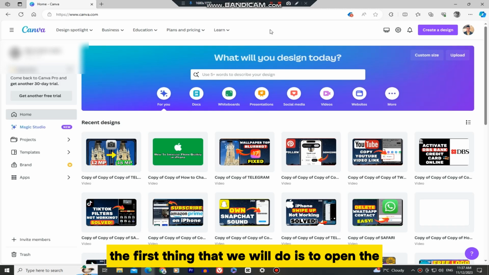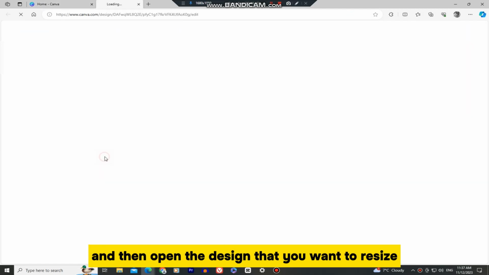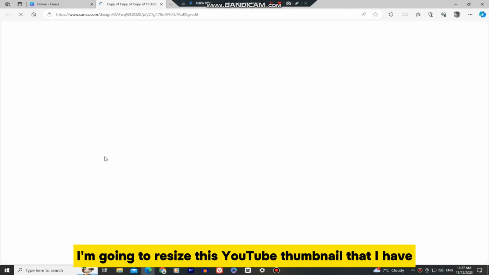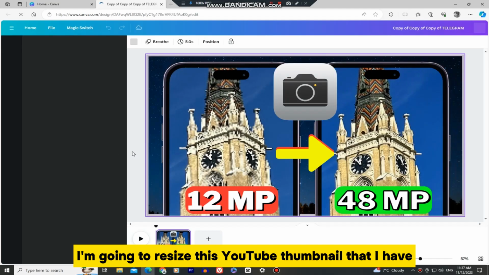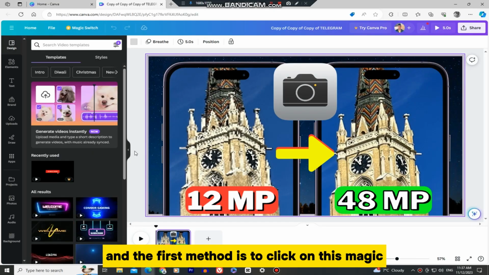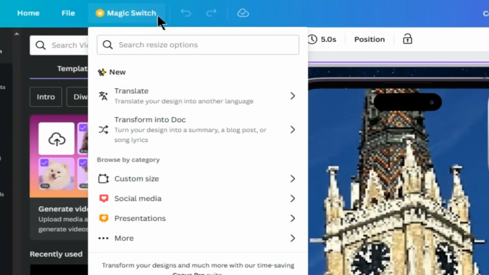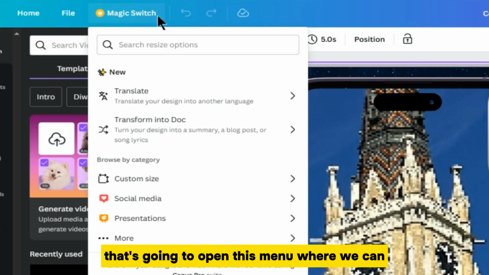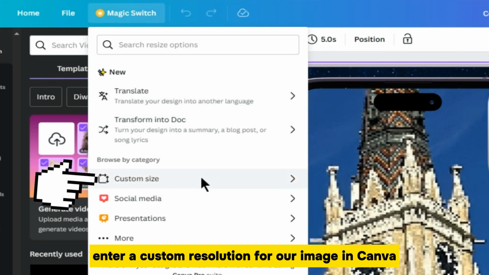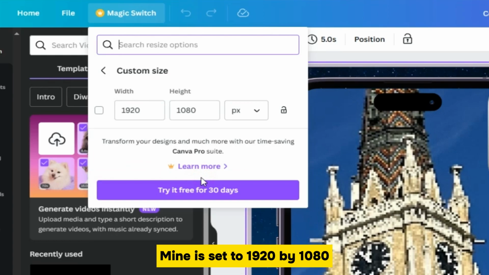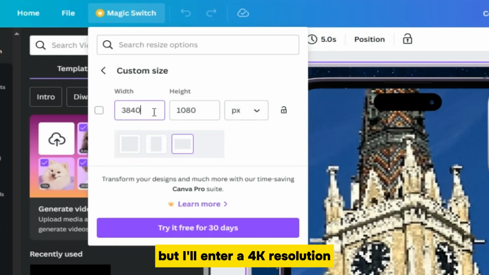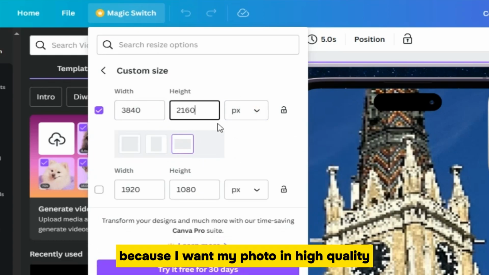The first thing that we will do is to open the Canva website in our web browser, and then open the design that you want to resize. I'm going to resize this YouTube thumbnail that I have. And the first method is to click on this magic switch option, and then select the custom size option. That's going to open this menu where we can enter a custom resolution for our image in Canva. Mine is set to 1920 by 1080, but I'll enter a 4K resolution because I want my photo in high